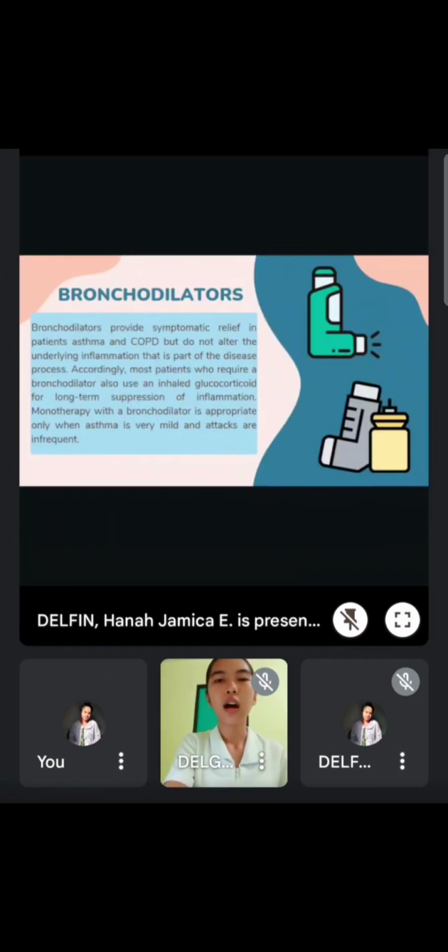Bronchodilators provide symptomatic relief in patients with asthma and COPD, but do not alter the underlying inflammation that is part of the disease process. Accordingly, most patients who require a bronchodilator also use an inhaled glucocorticoid for long-term suppression of inflammation. Monotherapy with a bronchodilator is appropriate only when asthma is very mild and attacks are